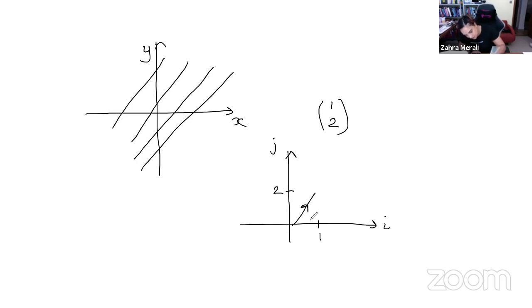So that's vector 1, 2. If I had the vector 2, 4, so 2, 4 would be 2 across and 4 up. It's going to go on the same line as 1, 2. That in vector world is called being parallel. So if a vector is parallel, it's a multiple of it. So when we're looking at vectors and we want to find out if things are parallel, they've got to be